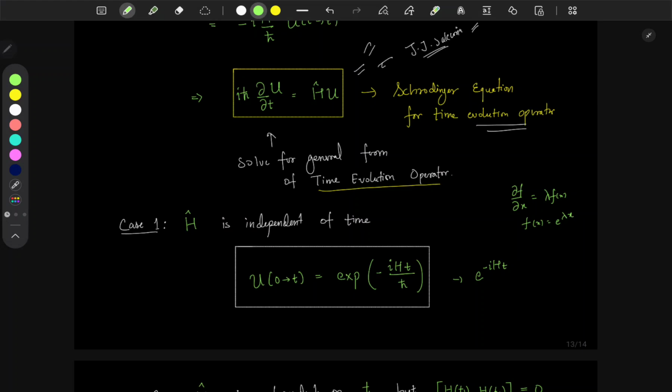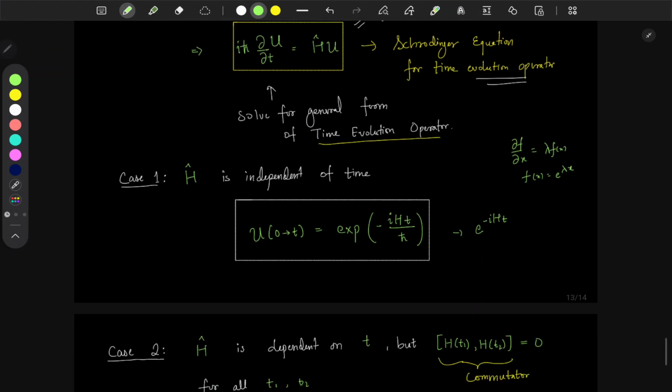It is the same kind of equation, and the solution turns out to be this. The time evolution operator, taken from 0 to t, or some ti to tf, is the exponential of minus i H t